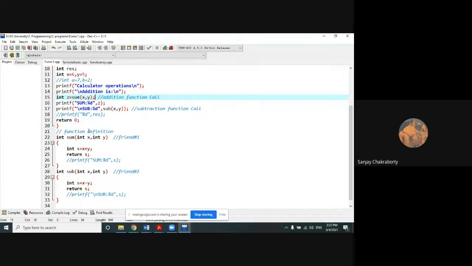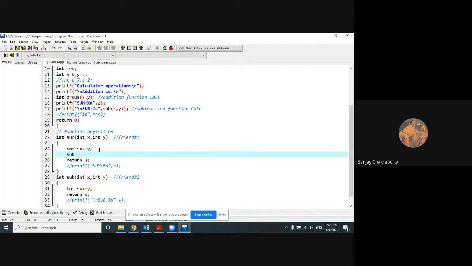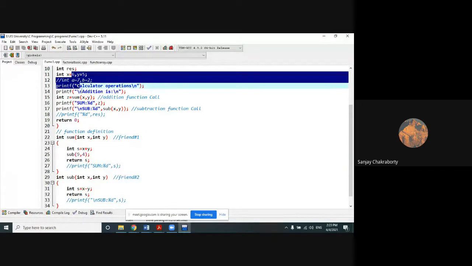So if you remember, in the last class I have shown that I can call a function from another sub-function like this. In the last class I have shown it, if you remember. I can directly pass these two values, 9, 4. Okay, so this is a sub-function, it's calling another. So you are the main birthday party thrower.